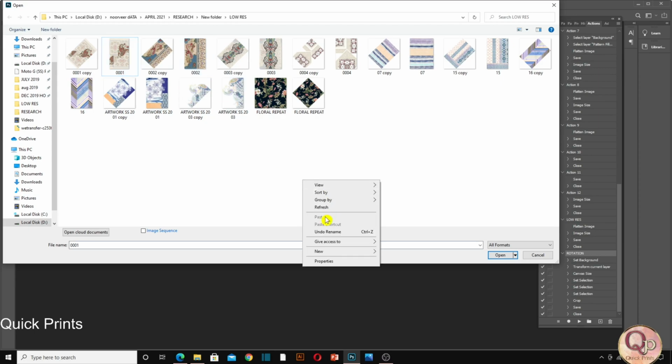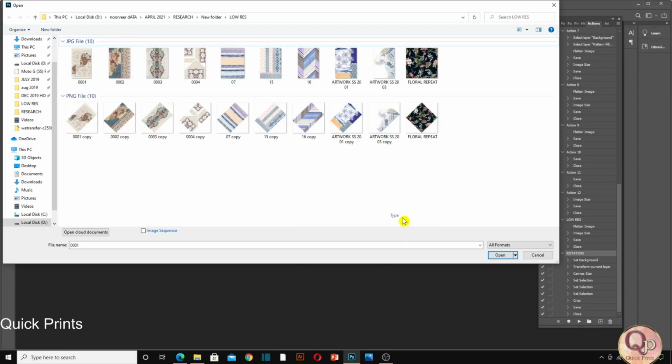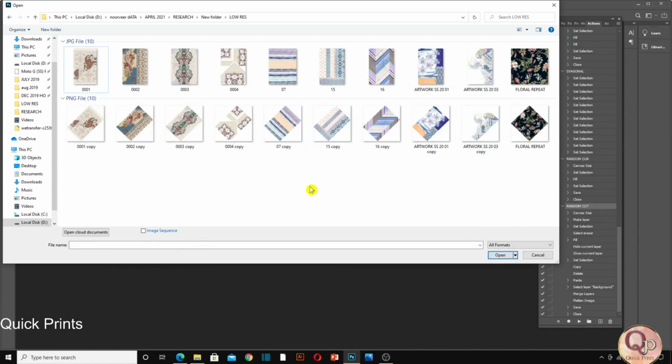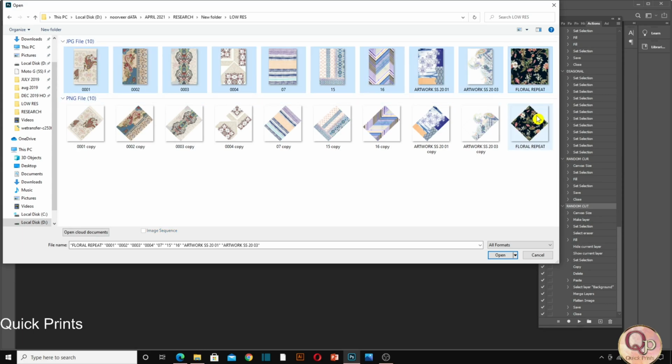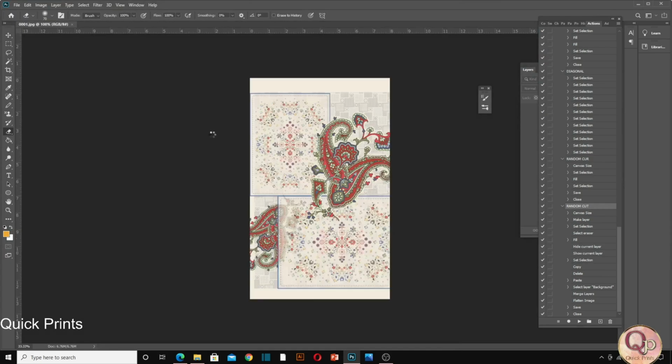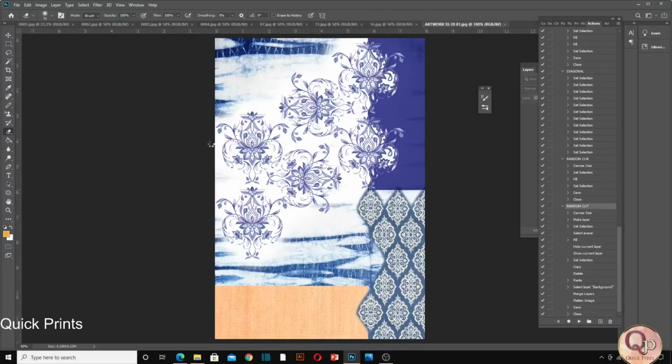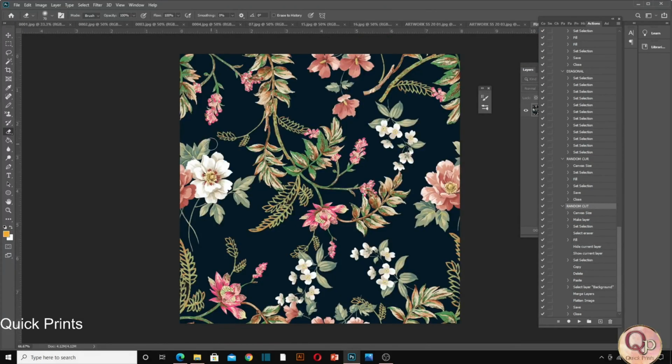Let's group by type, so we get JPEG and PNG sections. These are the files which we have converted into JPEG and PNG. Whatever your requirement is, it can be fulfilled with the action, if the action is feasible for the particular requirement.